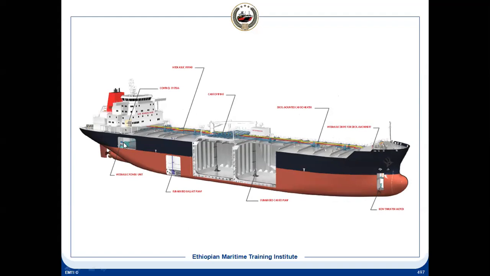All of this is actually supplied from the same power pack, so the hydraulic power pack can be separate. It can be in the pump room forward of the accommodation. There has to be a void space as per the regulation in that space, or it can be in the engine room. On many ships it is in the engine room. And even the aft mooring winch, forward mooring winch, windlass and bow thruster will all be operated by the same power pack.